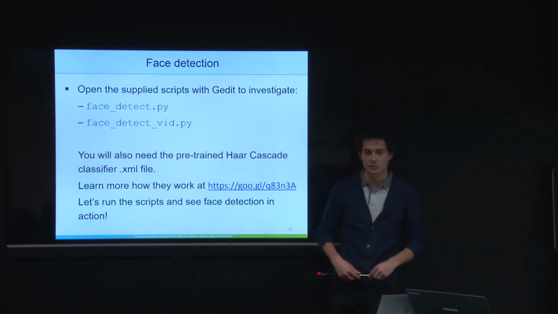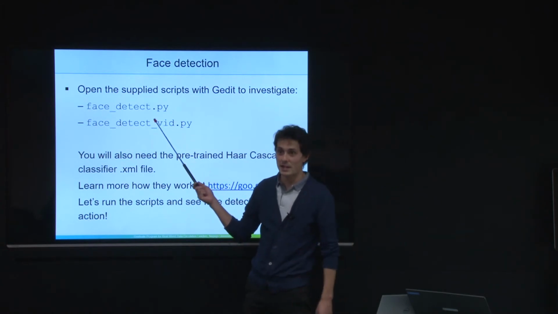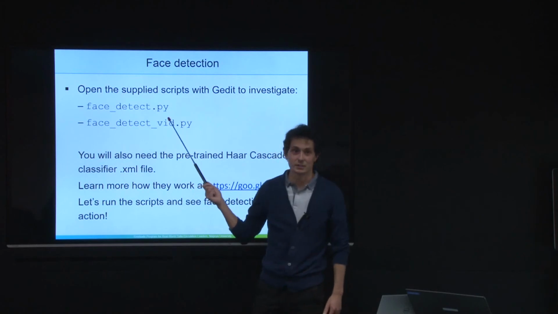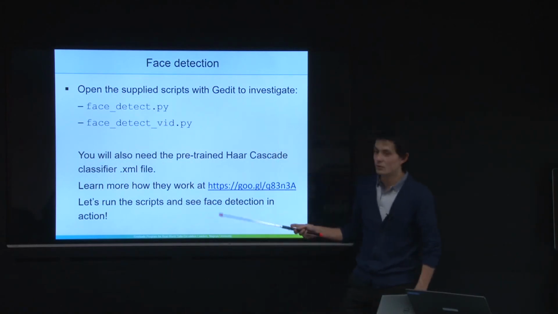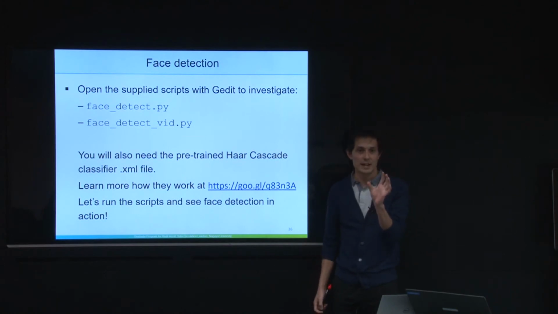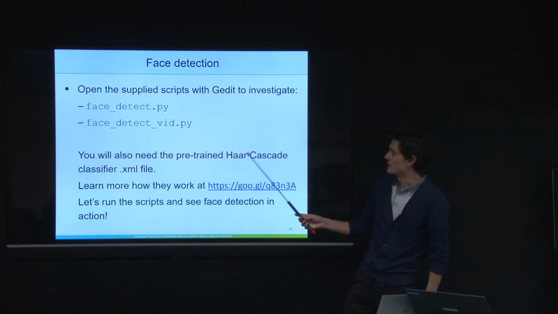I've written 2 scripts for you there. The first one takes the image of Lena and does a face detection on that image. If you look into the code, you'll see that it uses a file. It loads an XML file as well as the image file. That XML file contains a